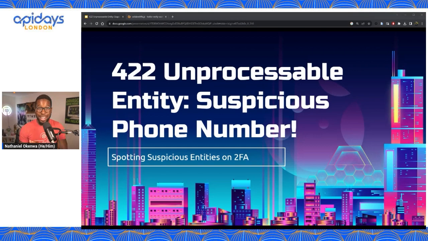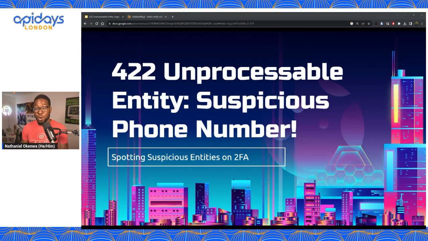And the reason why I kind of like this as my backup name for the talk is because 422 is a status code. We're at API Day. So you may have built an API that sends a 422. And oftentimes you may send a 422 when the request you received was a bit suspicious. Maybe there was something about it that wasn't just right.